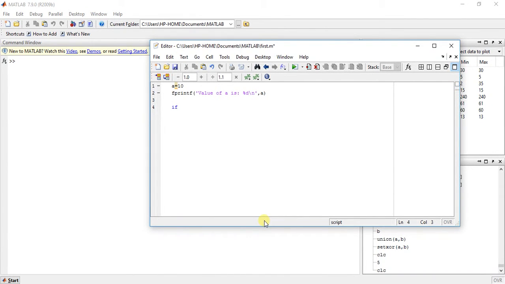Now if the condition is a is less than 20, then print this line: a is less than 20, otherwise else printf a is greater than 20, and end.